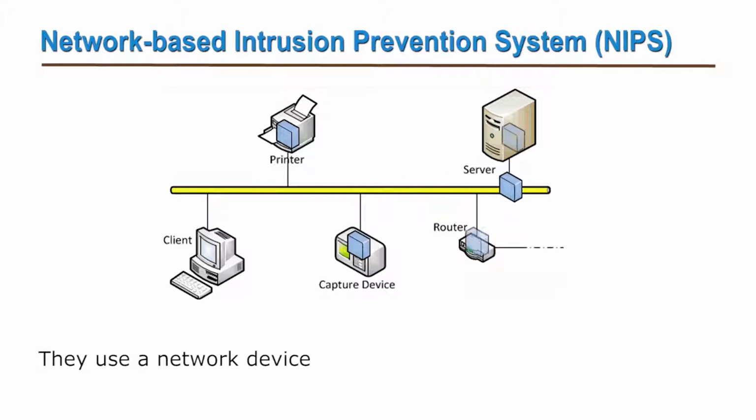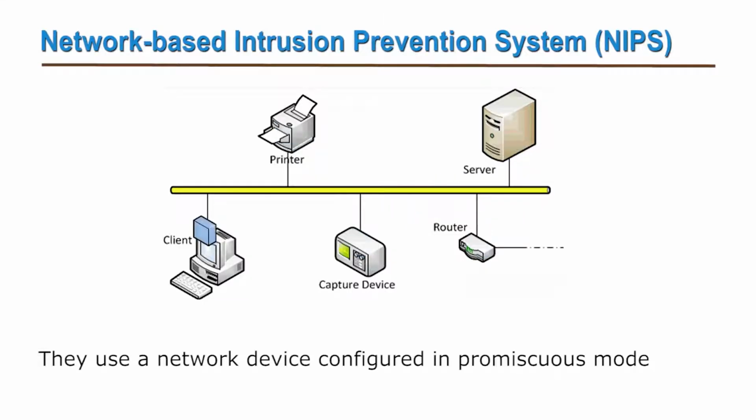They use a network device configured in the promiscuous mode. It is possible to enable the administrator to intercept and analyze all the packets in a network segment, even if the packets are not addressed to a specific computer. They usually analyze the traffic in real time. They not only work at TCP/IP level but also operate in the application layer. They are the layers of the communication network according to OSI and ISO standard.